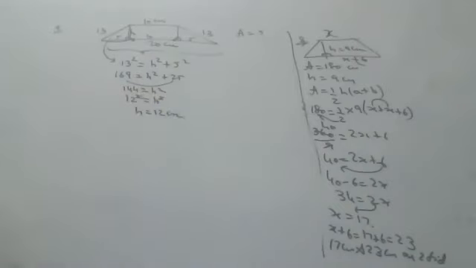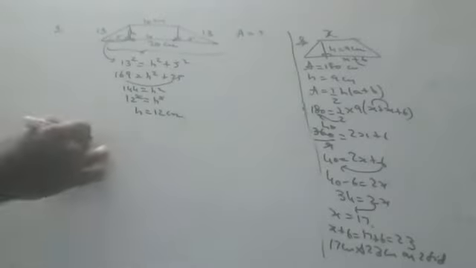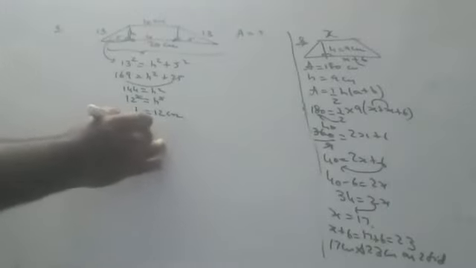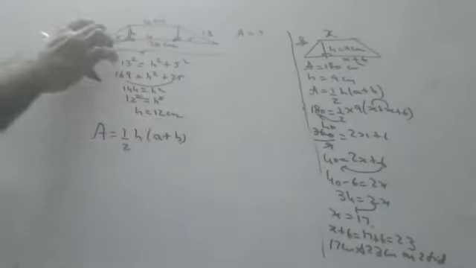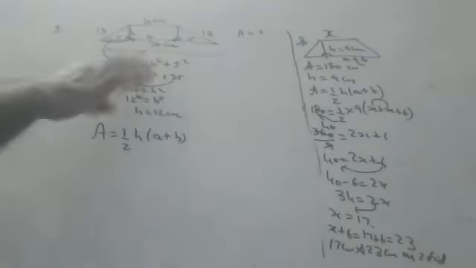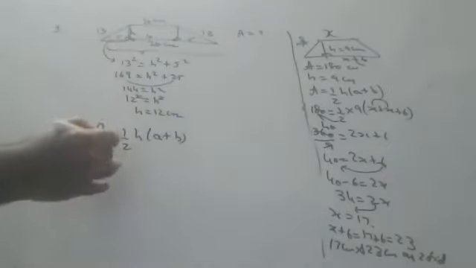Over, children, we got the height. Once we know the height, we can do anything, children. So what is the formula? A is equal to half H into (a plus b). But this method, children, you can do if both are the same. If both are different, there is another procedure. How to do that also I will say.